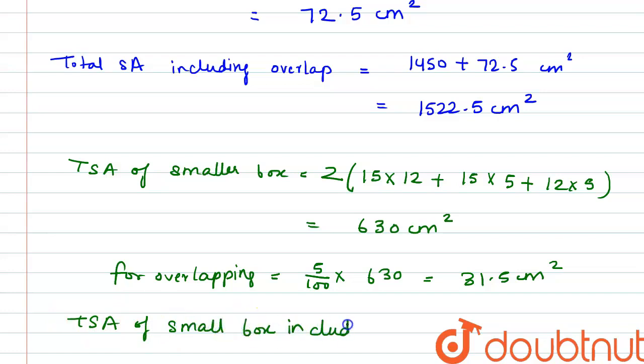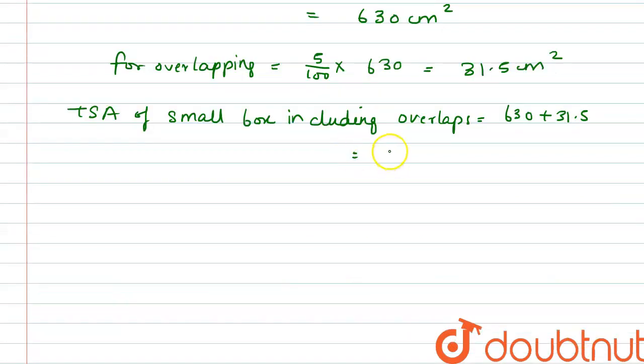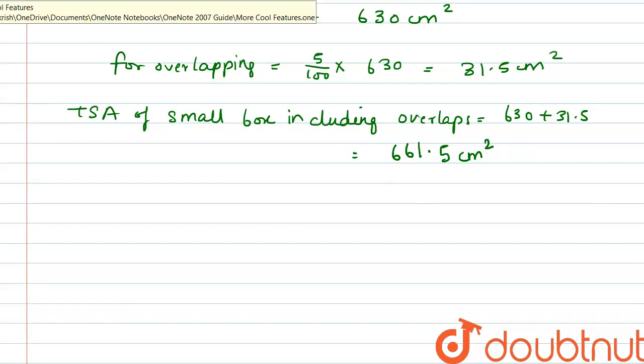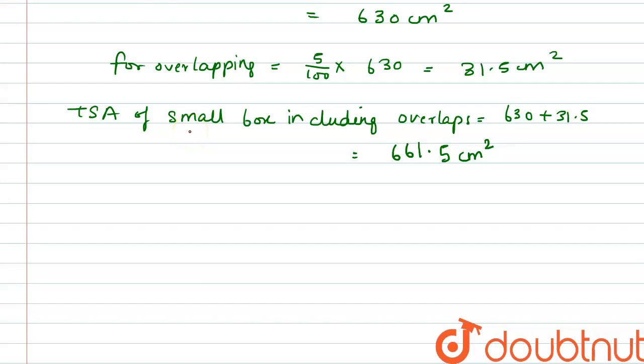So the total surface area of the small box including overlaps would be 630 plus 31.5. So the area comes out to be 661.5 centimeter square. As these are the areas for one cardboard, one box,